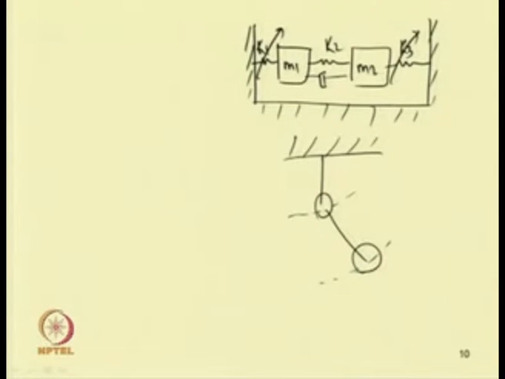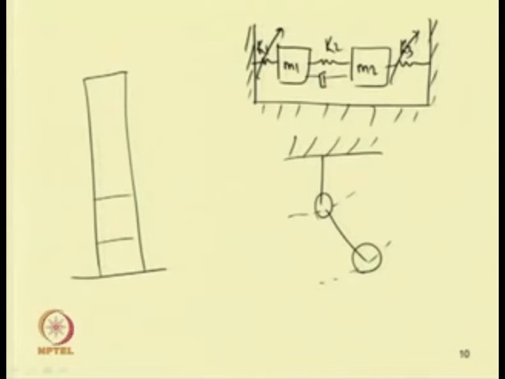Similarly, many other systems, for example, let us take a multi-storied building subjected to earthquake excitation. In that case, after the earthquake excitation, the system will be reduced to that of a nonlinear multi degree of freedom system. Similarly, many other systems can be modeled as multi degree of freedom systems, and one can study the equation of motion